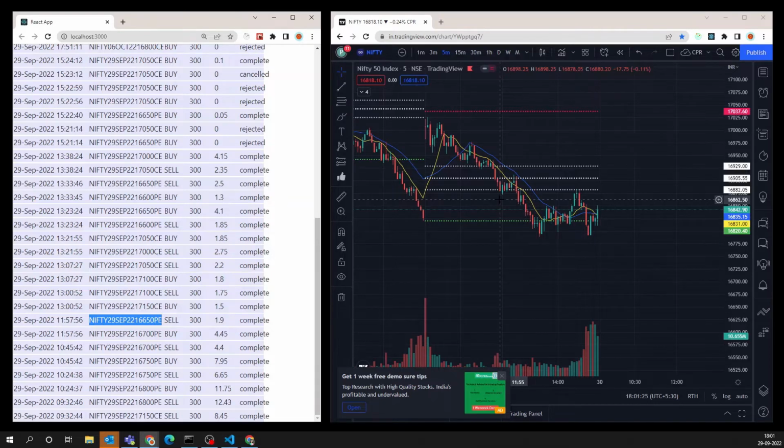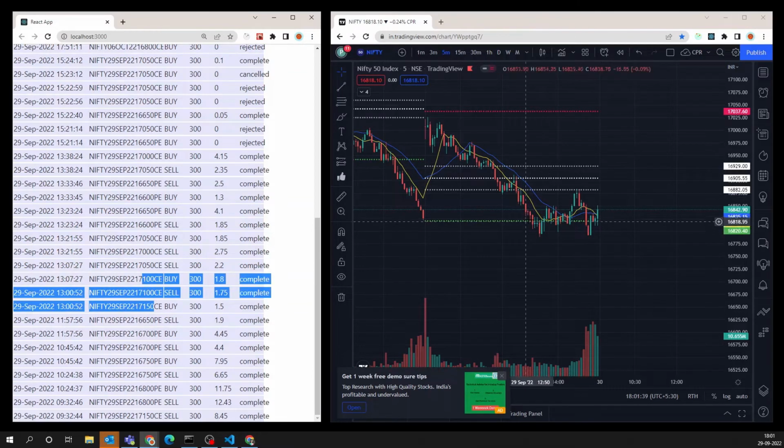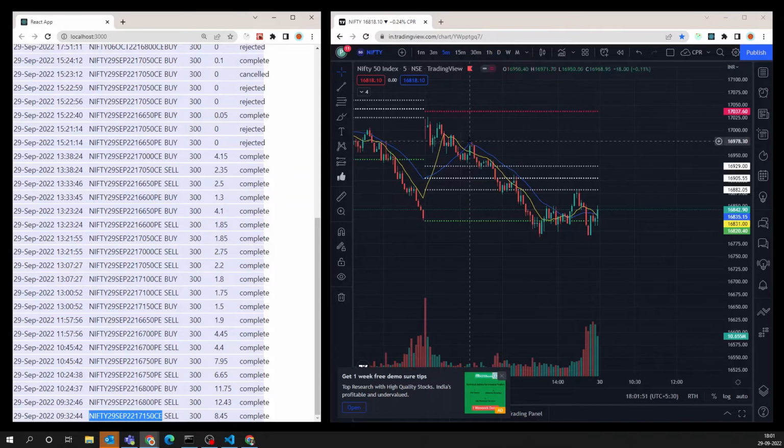But then after 1 o'clock, when it was very close to breaking yesterday's low, that's when I decided to start rolling down my calls aggressively, right? Because of the amount of IV expansion we were having on these puts, even though we were at 650, the 700 150 call was not able to compensate those changes.